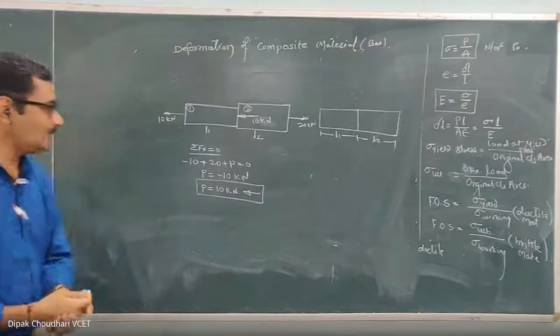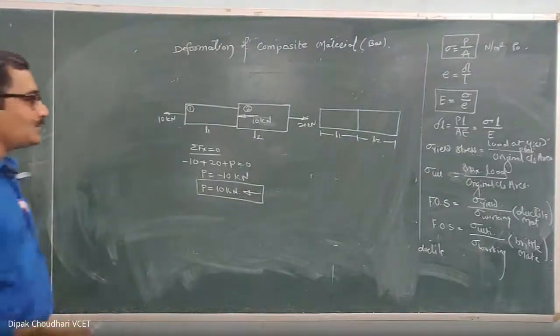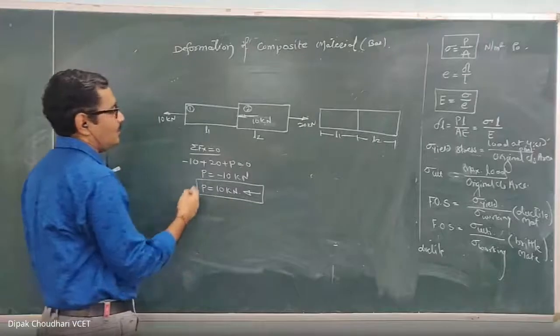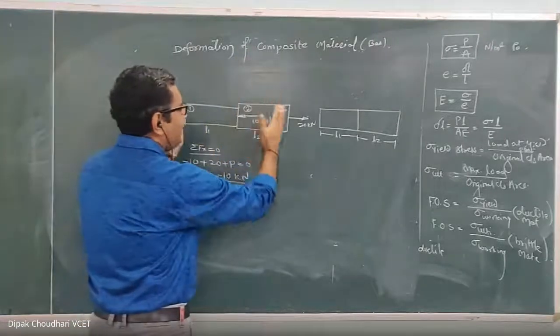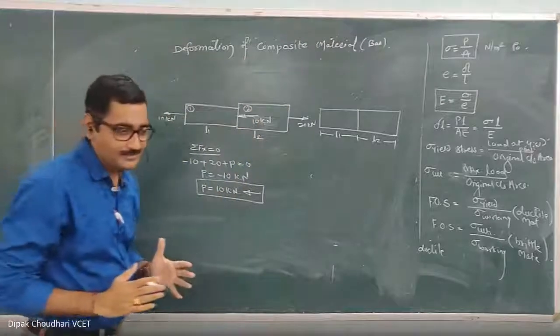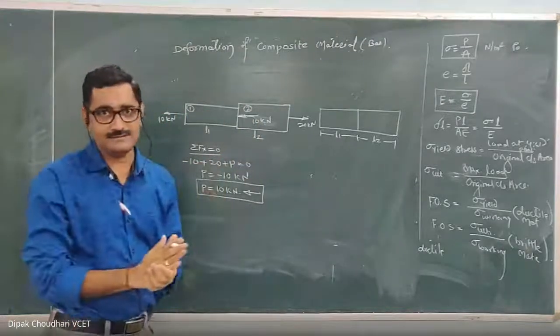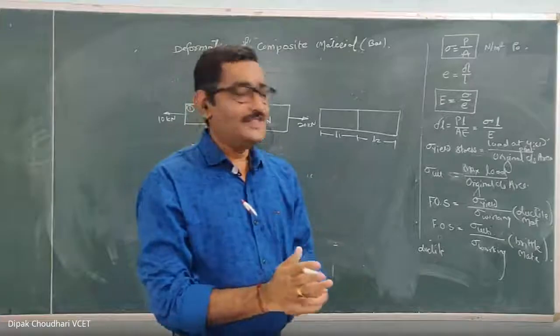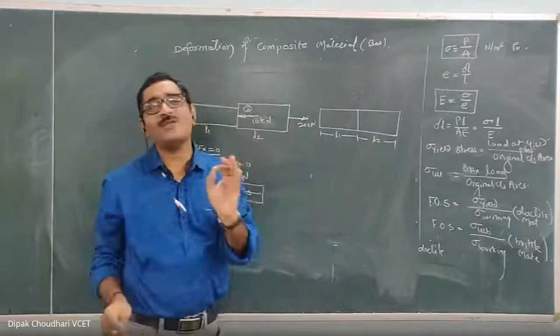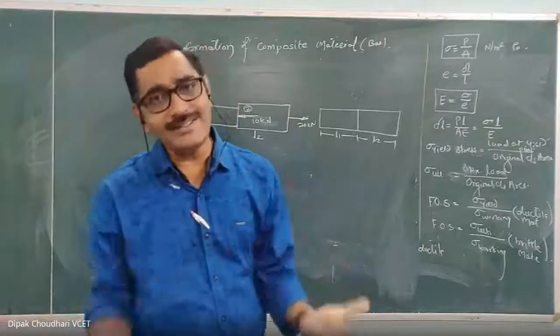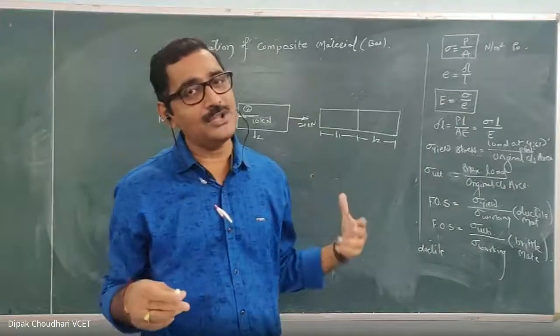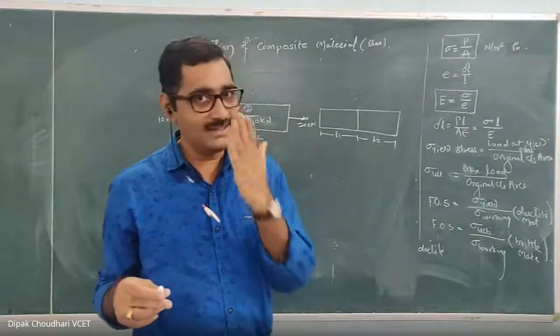No problem. Okay. So P equal to 10 kilonewton towards left is the intermediate force acting at the intermediate point. Now we have to calculate the total elongation of this rod because of the axial force. Number of forces are acting, but we have to calculate the elongation or deformation and the stresses induced in that particular component because of the axial force.